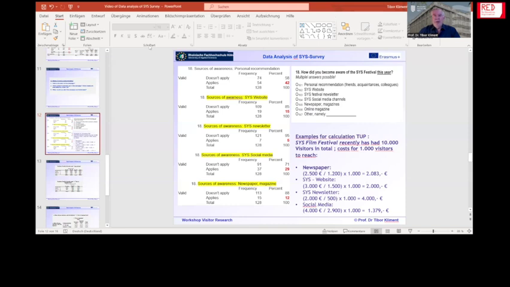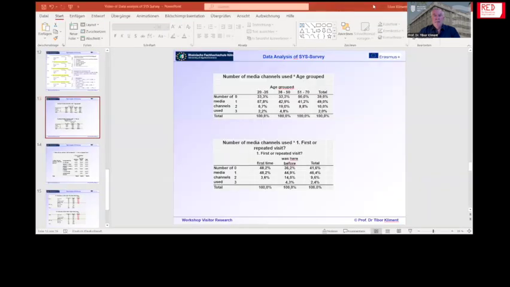For instance, to social media or to the website, or invest more into those channels. So now we go to the next slide and want to assess the reach of the media channels that were